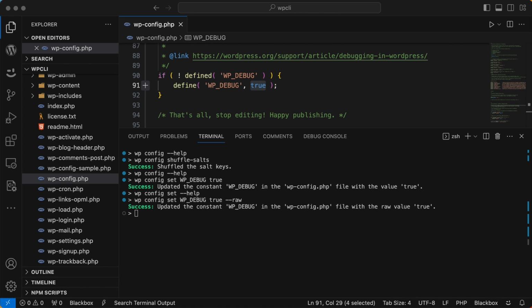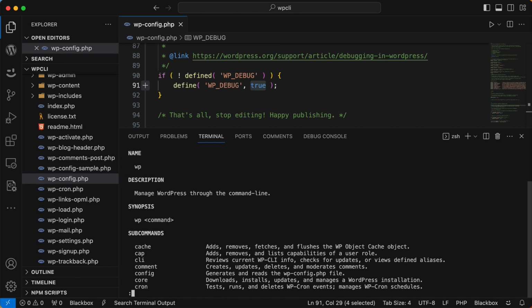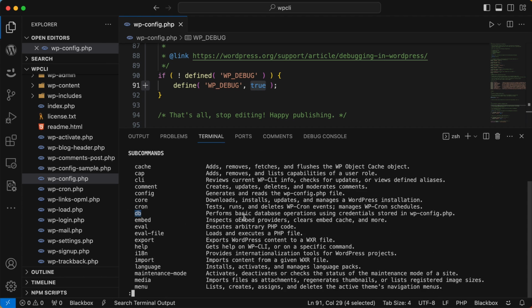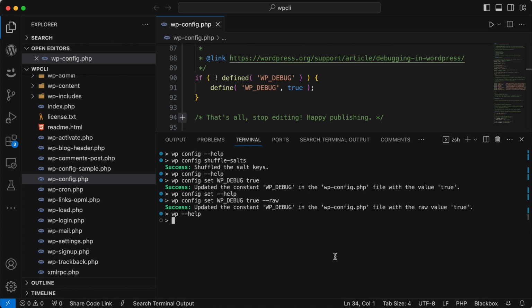So to instruct WordPress to create the database, let's refer to our documentation again. So we go wp help, and if we explore the subcommands, we can see that we've got a command for db, which performs a basic database operation using credentials stored in your wp-config file. So if we hit Q and we come back, to delve deeper into the db command, we'll run